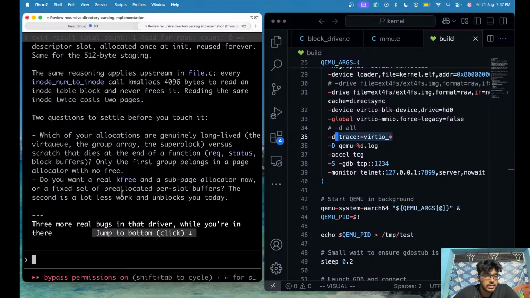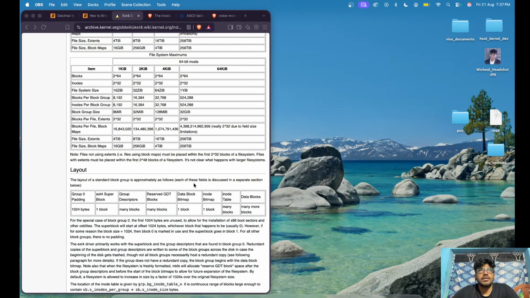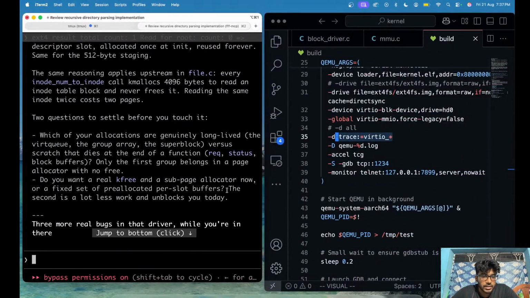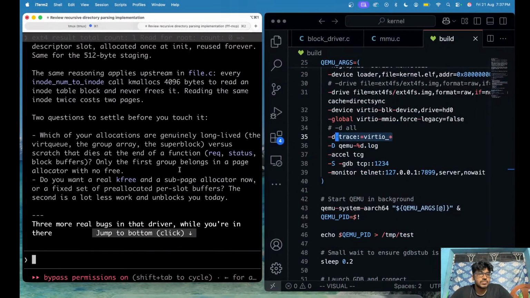Do we want to fix our virtio.io layer to use less of Kmalloc, or do we implement kfree and also a subpage allocator now, so that we can properly give out pages? I think I don't wanna get into kfree and a subpage allocator as of now. It's just too much to work with. So I'm just gonna say that we're gonna fix a little bit of